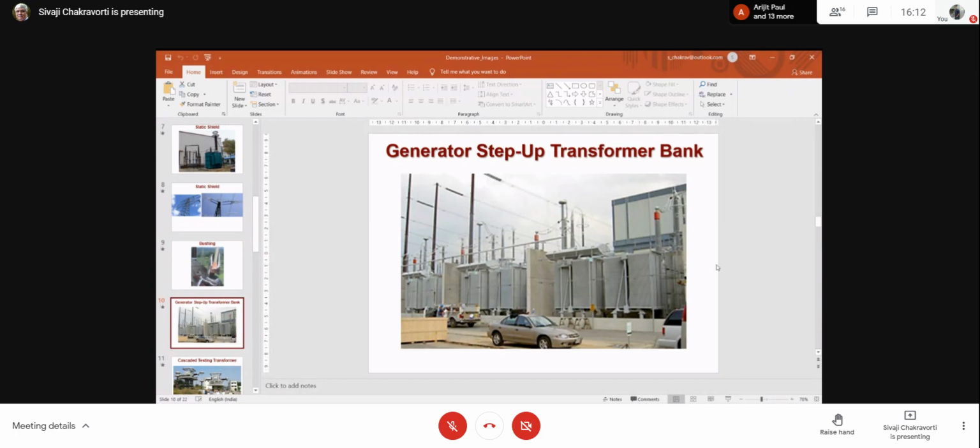And probably you have studied also that even if it is a delta connection, if any of the phases, an entire phase, goes down, still we can use it as a V connection. You know that. Have you studied V connection? There is something called the V connection of three-phase transformers. Have you studied V connection?